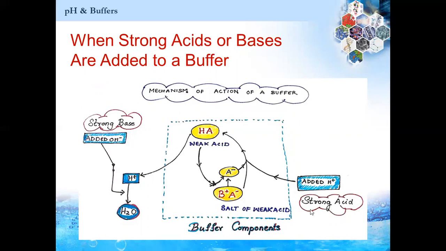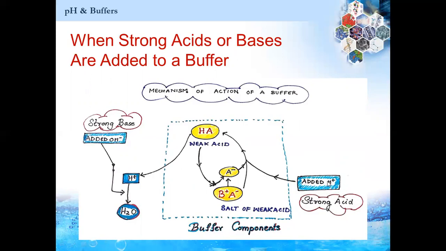So now when a strong acid is added to a medium or to a cell, what happens? Acid is capable of donating protons. So there are added H+ ions which can increase the acidity of the cell or lower the pH values. This is not safe to the cell, so a buffer has to resist that change in pH of the cell. So how does it resist that change?